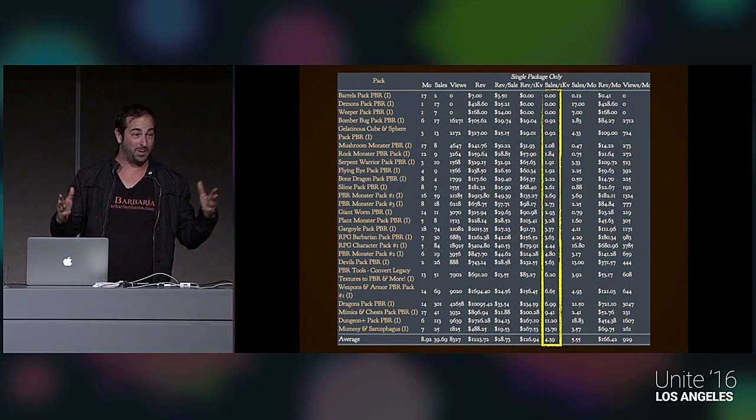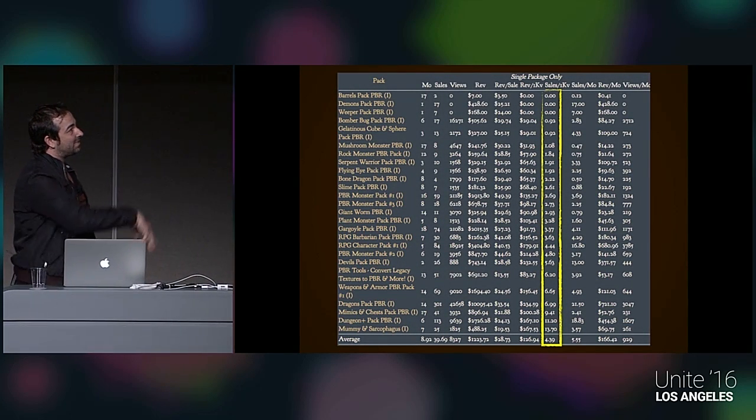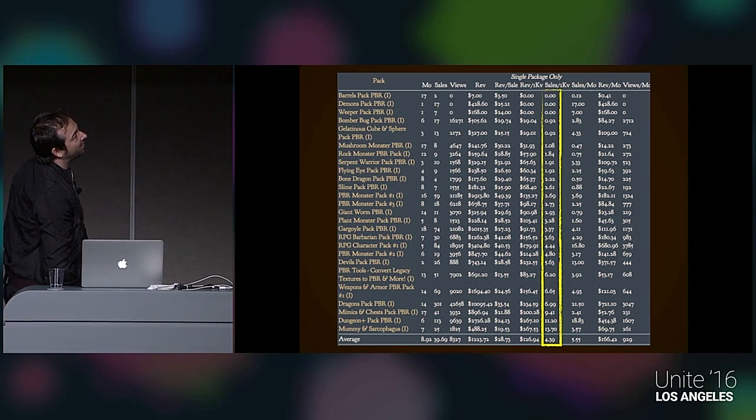There's no A/B testing on the asset store, and so we have no data to know if that change I made mattered. It might actually have hurt sales for all I know, but I can't tell. So if there was one thing that I could do and wave a magic wand to get the asset store to do, it would be to get A/B testing.